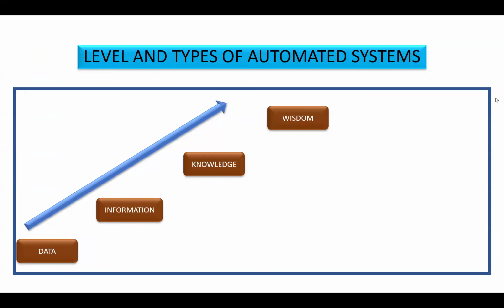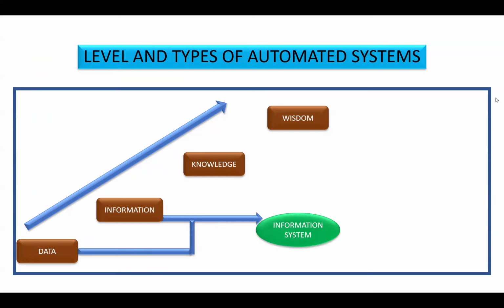The same thing can be automated. Now, when the data and information are together, we have seen a lot of websites where the weather data is available, like IMD data. It's an information system. We have our crop-based information system where the area production data are available. We have census data, we have population data. So they are all information systems where we are getting the data. That means some numbers are there.